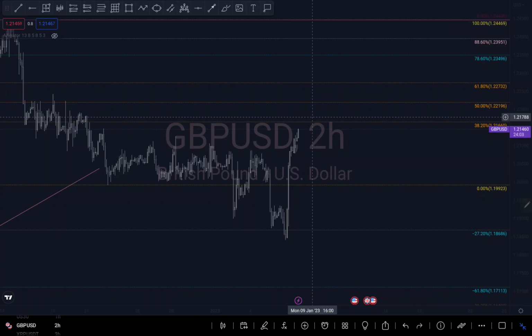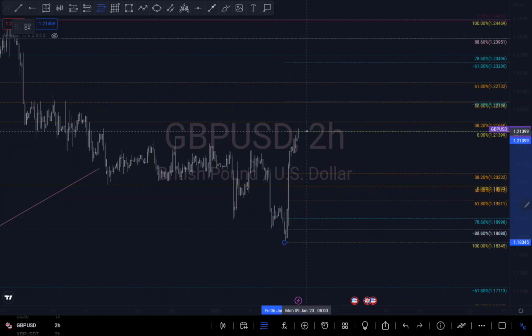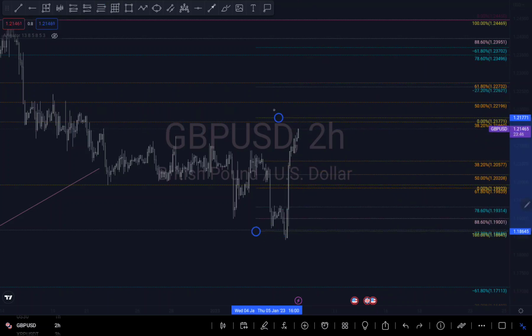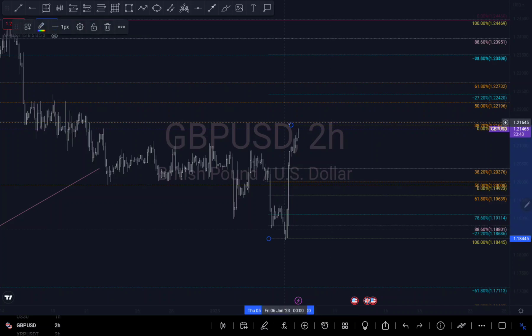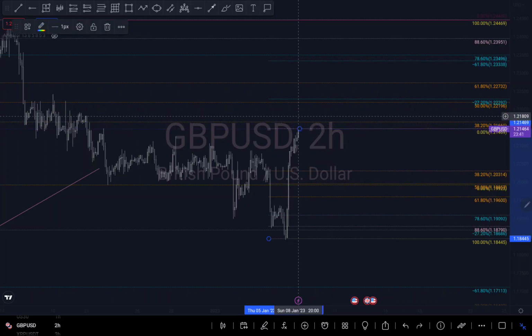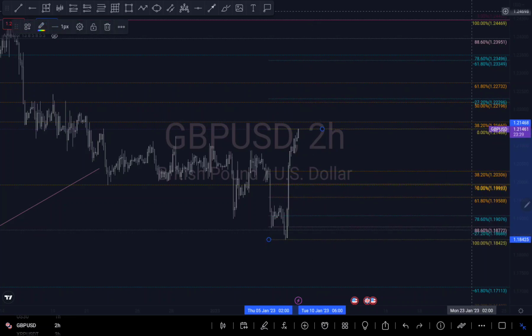So let me just give you a scenario right now for what I'm expecting. I'm assuming it might just come here to retest, right? Then when it retests, I take my fib from here to wherever my point B will be. So this is just a scenario because I don't have a point B yet. It hasn't been traced yet, so I don't have a point B yet. But I'm just going to give you a scenario of what I'm thinking, right? So let's assume we push down a little bit, then I'll put my fib at the point B,